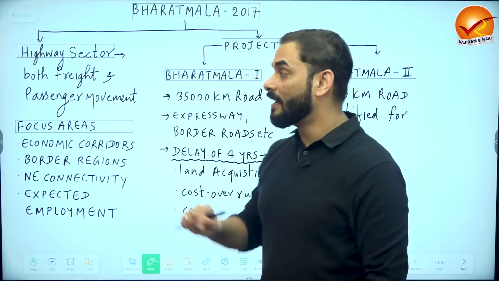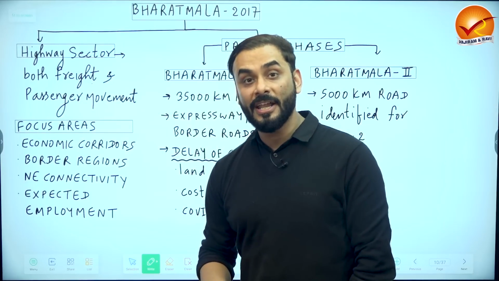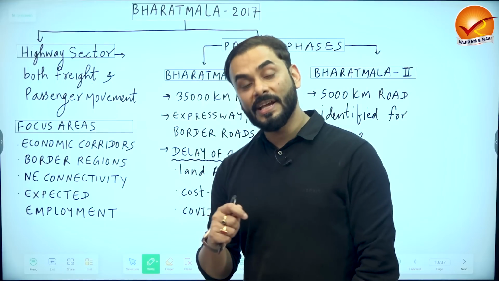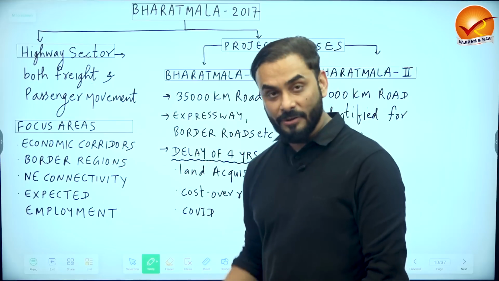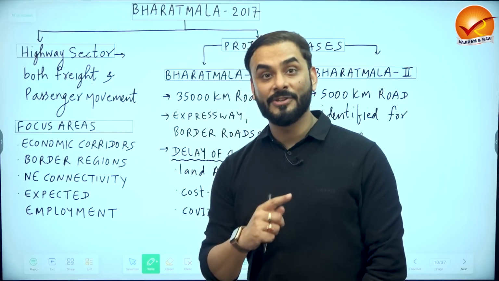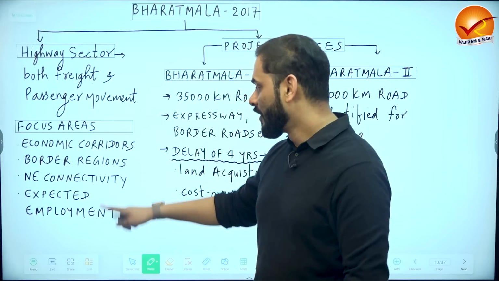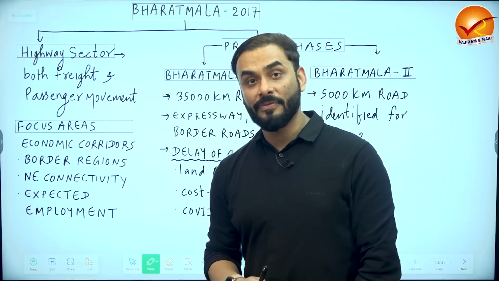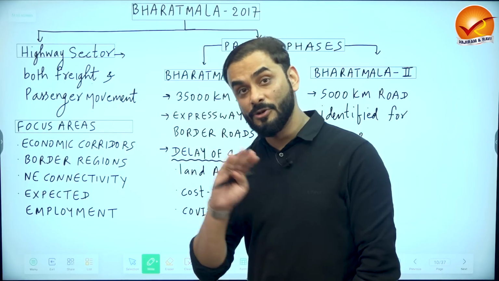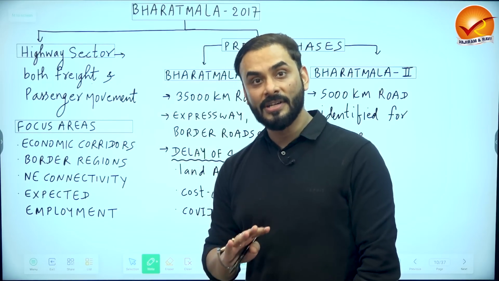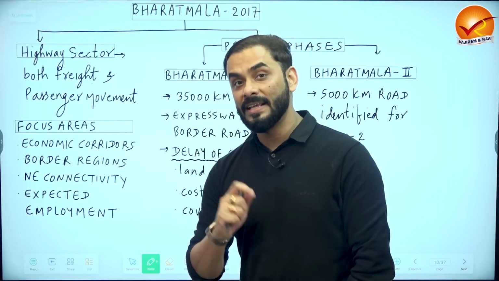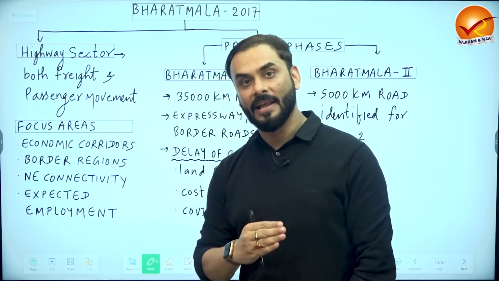What was the focus area under the Bharatmala project? Focus area was to create economic corridors. For example, the Government of India would construct roads so that those roads can lead to industrial development. So those kinds of roads are economic corridors. Then the Government of India also focused on constructing roads in the border areas for strategic and security reasons. Then northeast connectivity. The Government of India has been spending a lot of money and focus on constructing infrastructure in the northeast of India, which for a very long time remained slightly cut off from the rest of the country. So the government has been trying to integrate the northeast and border regions with the mainland.